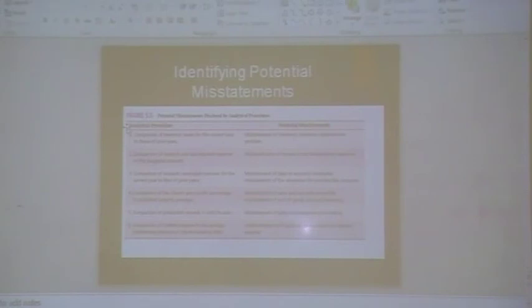Then the basic approach to auditing accounting estimates: review and test the manager's process for developing the estimate, independently develop an estimate to compare it to management's estimate, and review subsequent events or transactions bearing on that estimate. So the management have come up with an estimate on something for the end of the year. You actually have to come up with another ratio to compare it to, to make sure that's right.